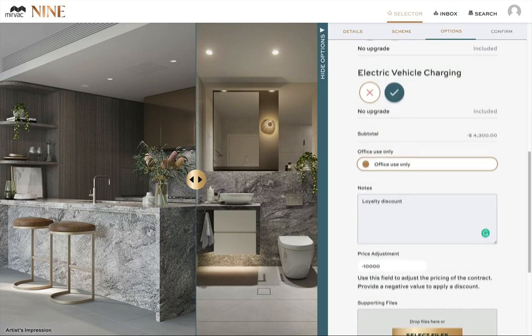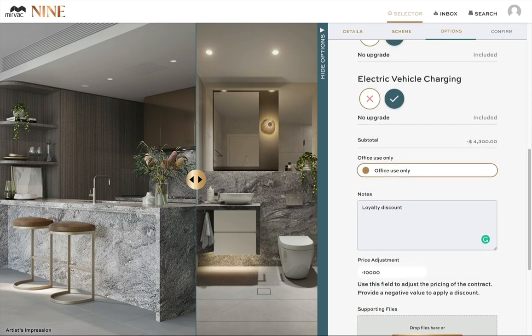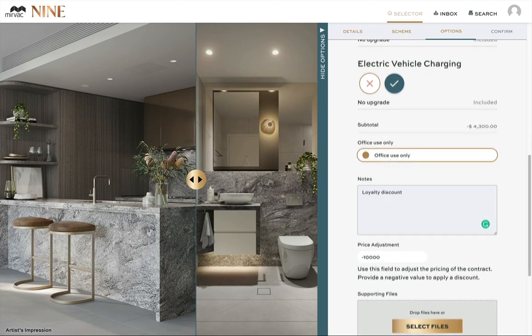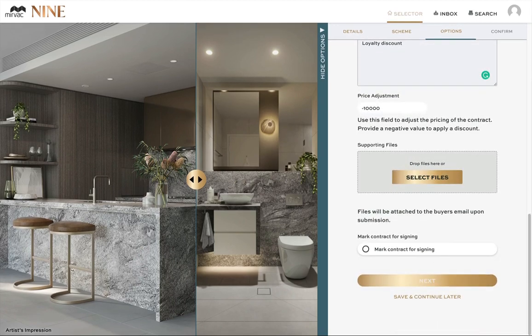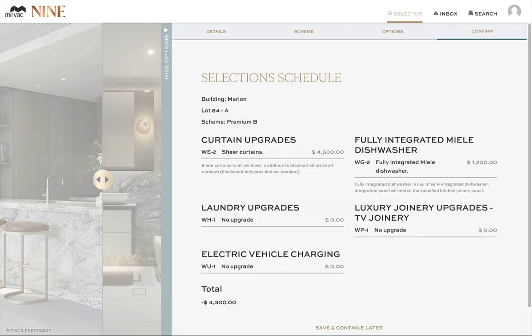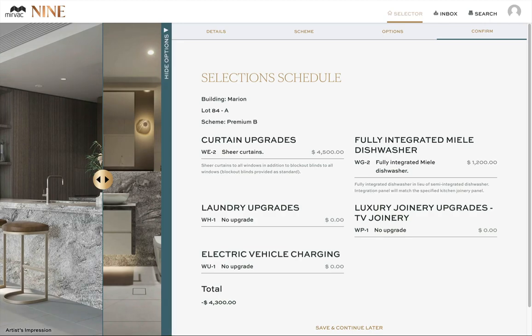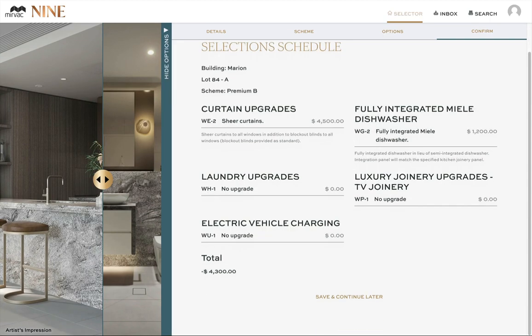We can also show additional off-book options and choices in here that we want to standardize, but we might not necessarily want visible. This can be saved using the save and continue later, and then we have this mark contract for signing. So right now, when you get to the end of your selections, the sales agent and the buyer can see the choices, see the upgrades and any contract wording,